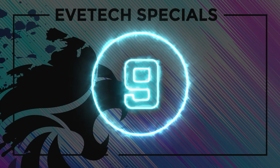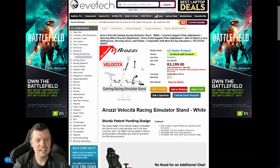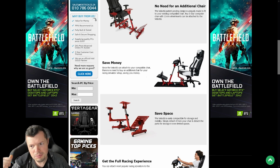At number 9 is something that's criminally, unhealthily underrated, the Arozzi Velocità. This is one of the coolest things I've ever used. It connects to your chair, so you don't need a whole play seat, and then your chair can become a normal chair after the fact, and you only have to store it like that. I've got mine stored in my little walk-in cupboard area, with everything on it, so that I can just connect it up,